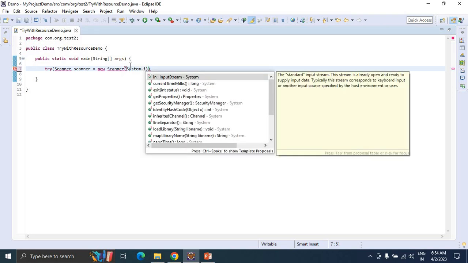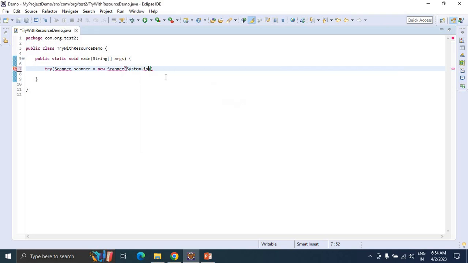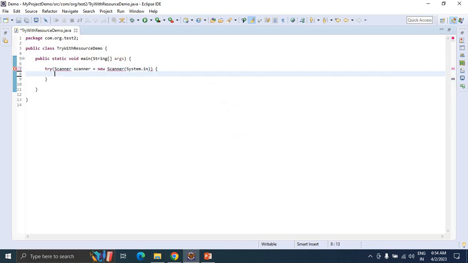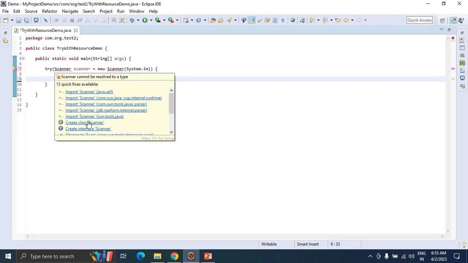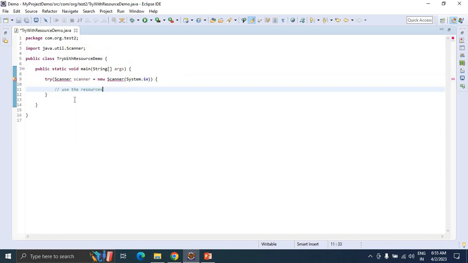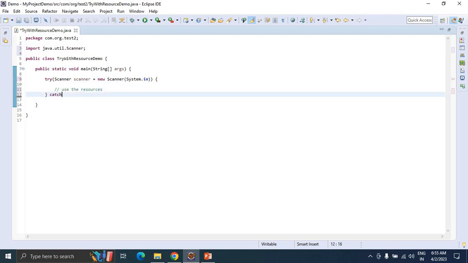I'm just trying to enter some input here. After that we will use these resources here. Just import the Scanner from java.util.